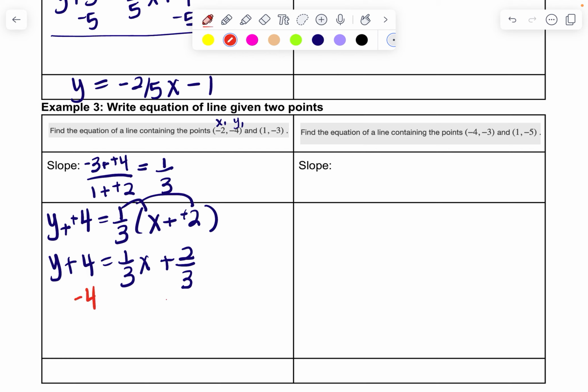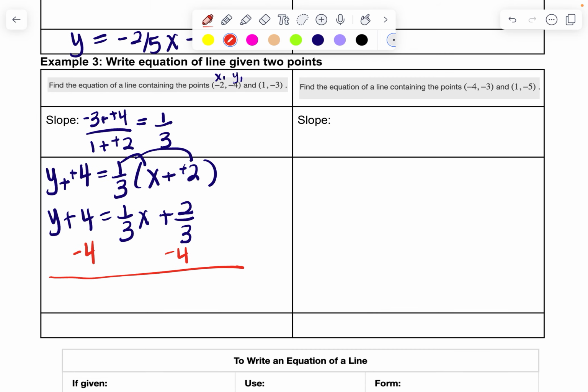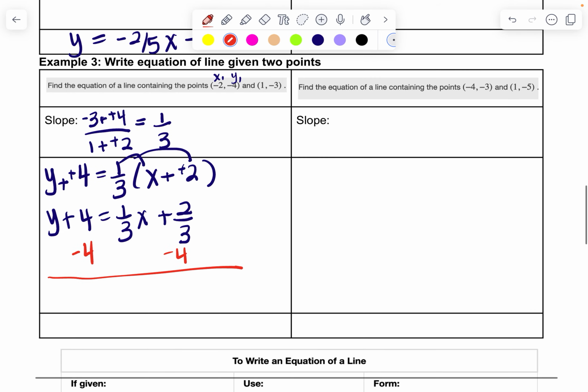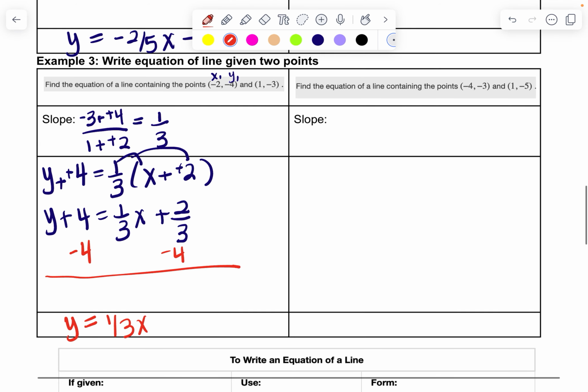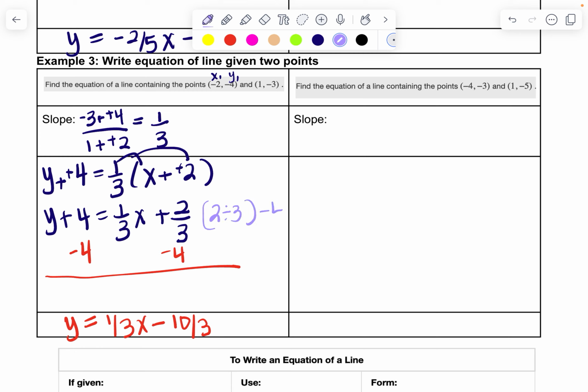And then to get y by itself, I'll subtract 4. If you do 2/3 minus 4 in your calculator and then simplify it into a fraction, you'll end up with 10/3. So our final answer here is y equals 1/3 x minus 10/3. Again, in your calculator or on Desmos, to do this, you would do 2 divided by 3, take away 4,